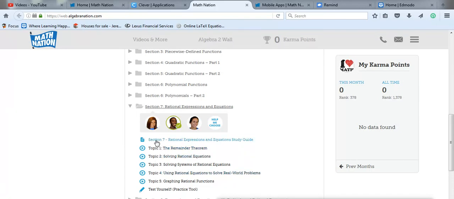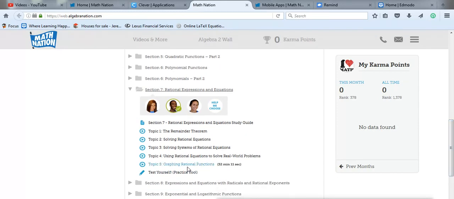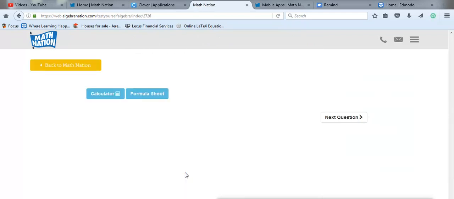Right here is the actual blank study guide. You can always print this yourself at home and then do the problems yourself and then watch the videos as a tutoring guide. Okay? And then on the bottom is your test yourself practice tool. So if you were to click on it, and once again this only works on computers or certain types of tablets, when you open it up,